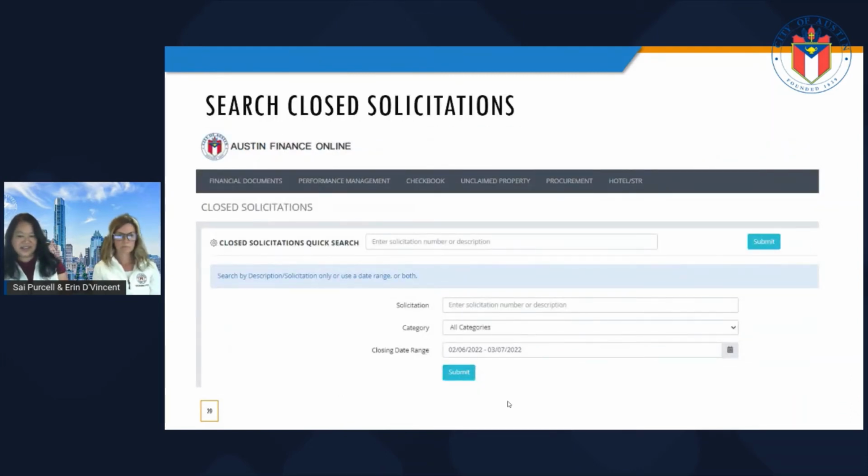Searching for closed solicitations: there is a closed solicitation quick search bar up at the top of the page. You can either enter the solicitation number or description and hit submit, and it will return a search. To help narrow down your search, I would recommend that you search by description, solicitation number, or by specific